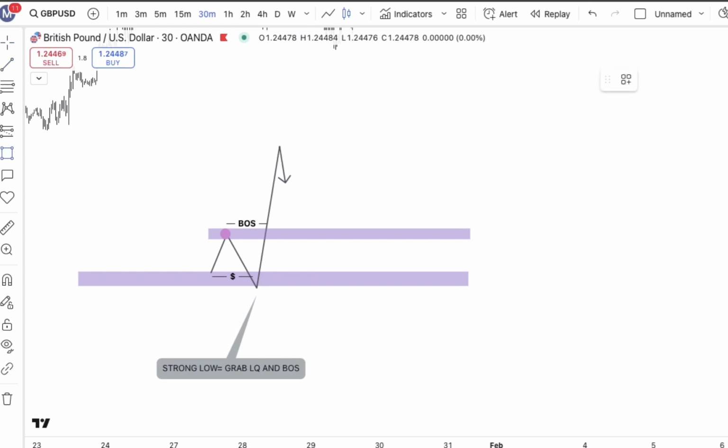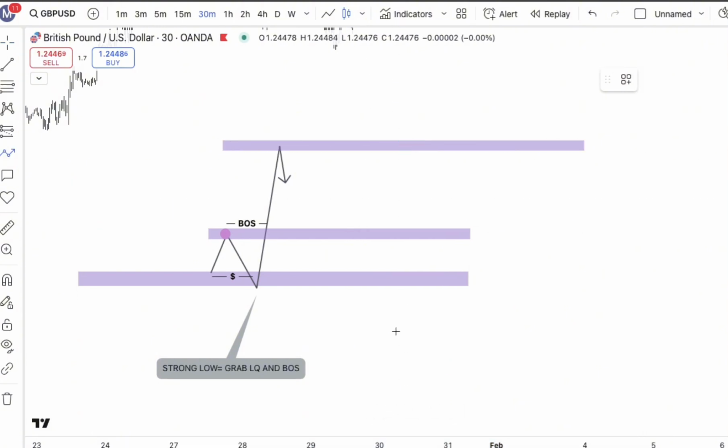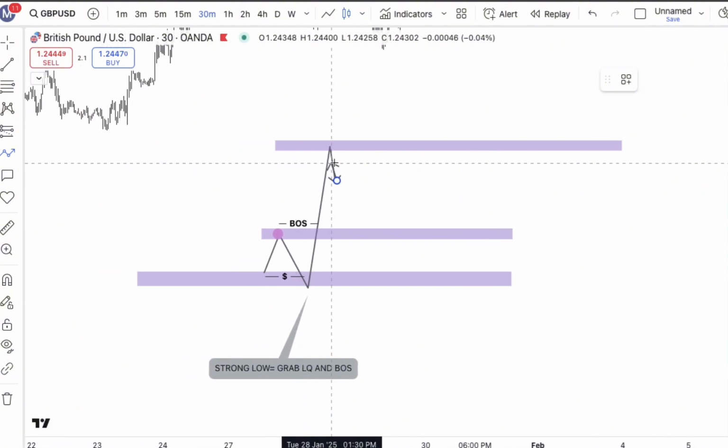So let's just say I was here. Actually, we'll keep this one here since we're already here. We're at this level here, okay? Let's just say we go up. This is a previous high. In sell structure, we want to look at high points because realistically, when we take liquidity out, guys, again, I will make a video on this, usually it will be a high point in a sell structure when you're looking for sells. Because what price is going to do is fake people out,